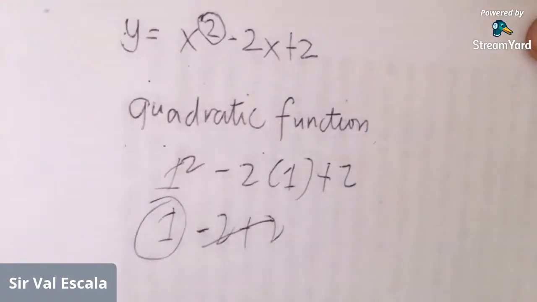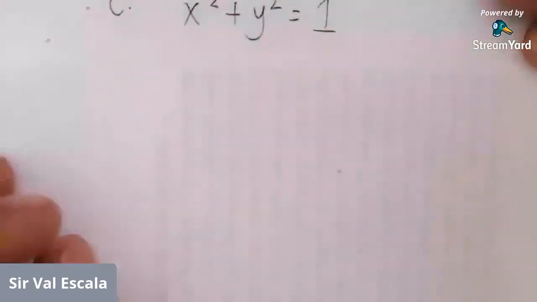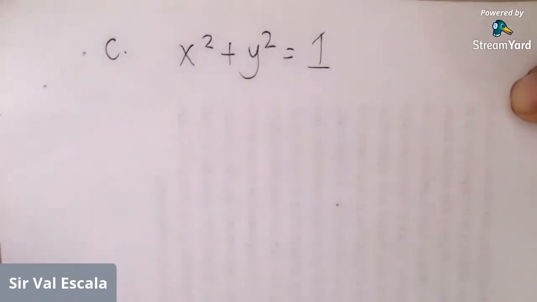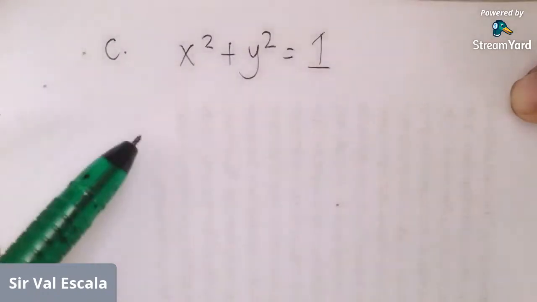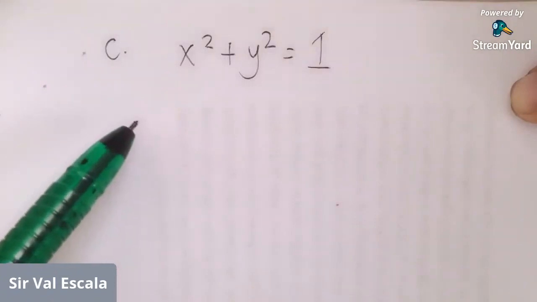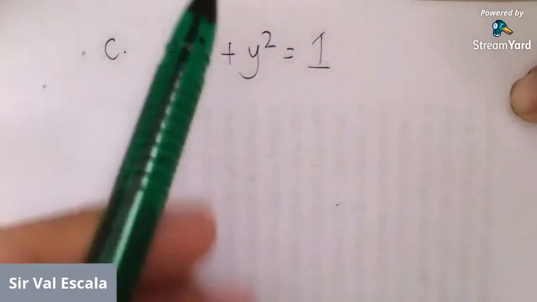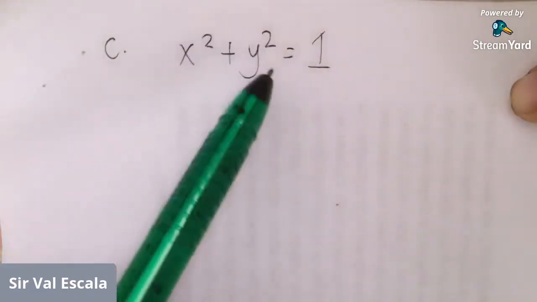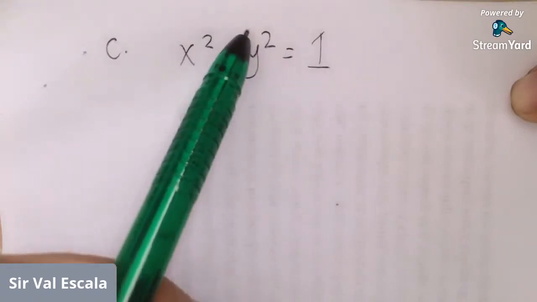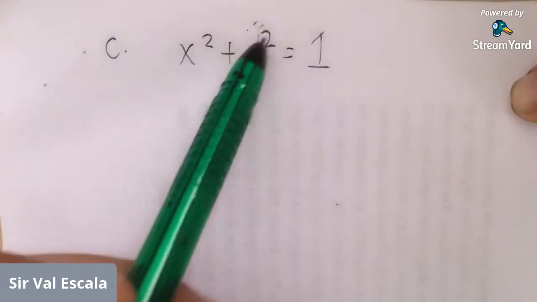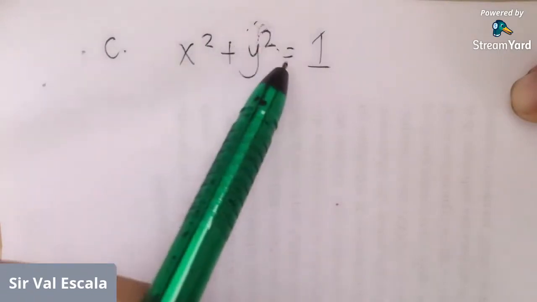So, next. Letter C. X squared plus y squared is equals to 1. So, what kind of function is this? It is a quadratic function, linear function, or wala sa nabanggit? So, wala po sa nabanggit. Kasi sabi ko sa inyo, di ba, kanina, kapag ang ating kailangan, yung y natin, iisa lang yan. Iisa lang ang exponent yan, which is 1. Kailangan 1 ang exponent yan para masabi natin siyang